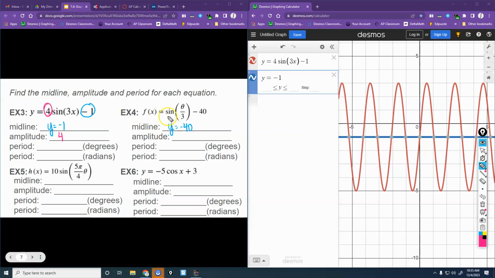So if I go over and look at example 4, example 4 is a little tricky. 0. None. It's not 0. None. If there's not a number there, what number is it? 1. 1. So the amplitude would be 1 for that. So you can graph it for sure, or you can just use that number, right? They're both there. All right, so for the period of the graph, first of all, if I'm in radians, this